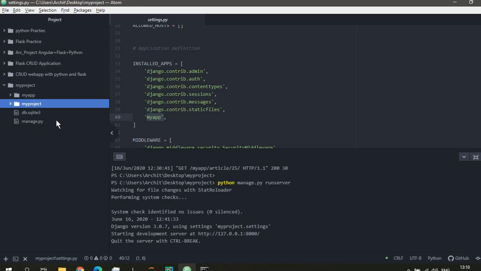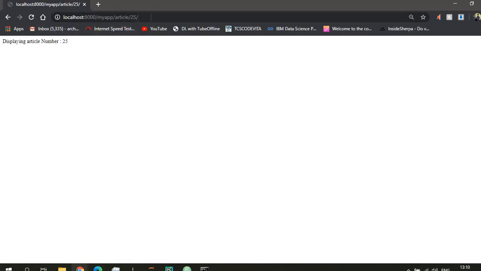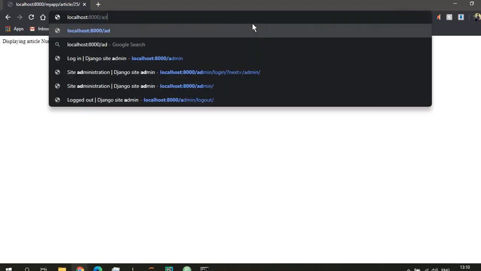One of the most prominent features of Django is the admin interface. What an admin interface does is that you can see how an admin works. Since we have our server running already, we can go and check the admin. Now, as I go to admin.